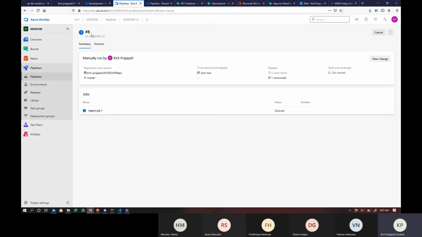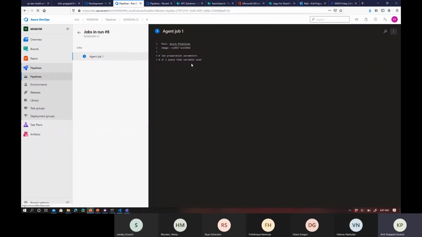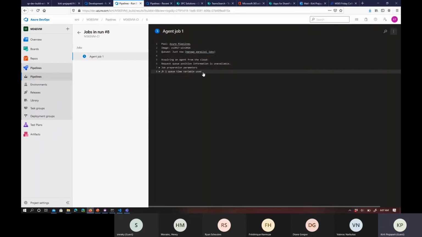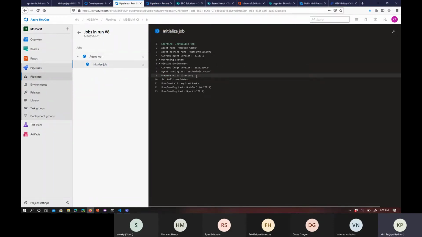Once you run this pipeline, it will automatically create the task number. I'm clicking on Agent job 1 so we can see what is going on. It will explain what set of commands were executed, the set of commands we have written as tasks for Agent job 1.